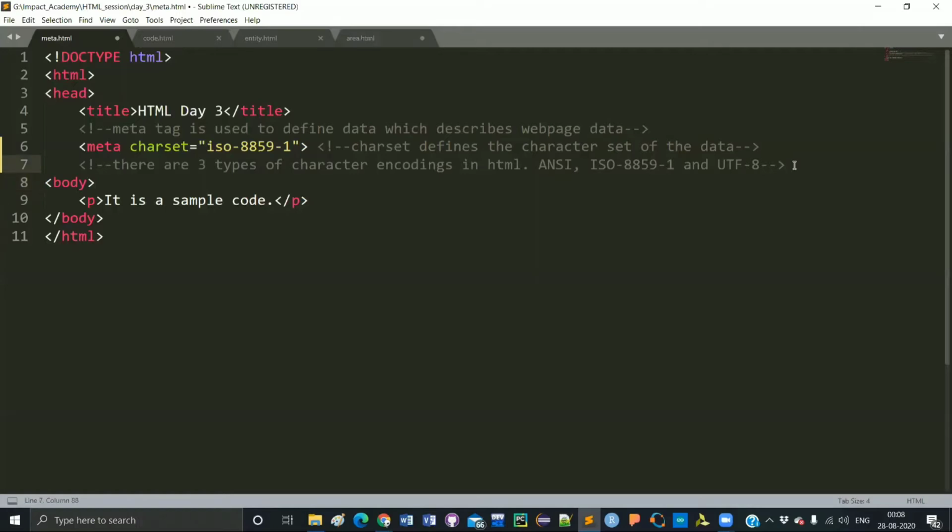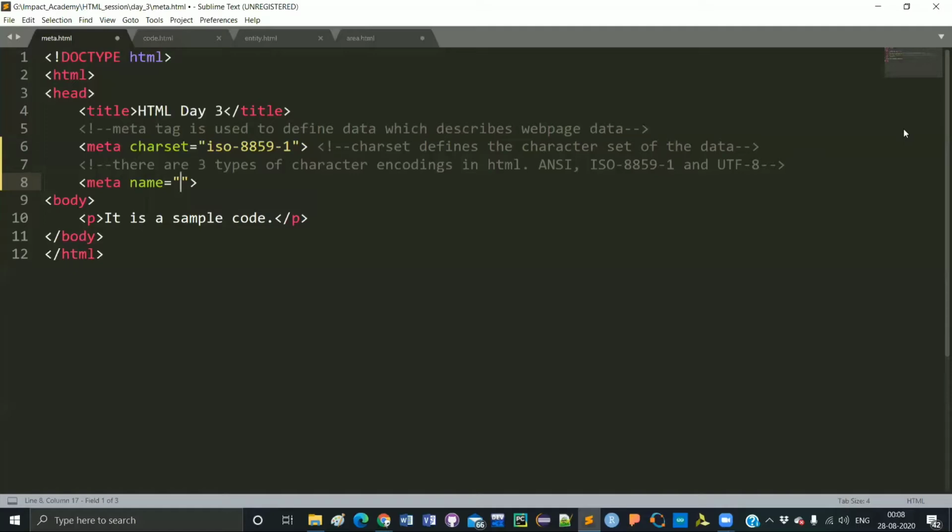Now there is another attribute, that is name. Why is this name attribute used? This name attribute is used to give the name of your metadata. Whatever name you give to your metadata, you can use inside the name attribute.